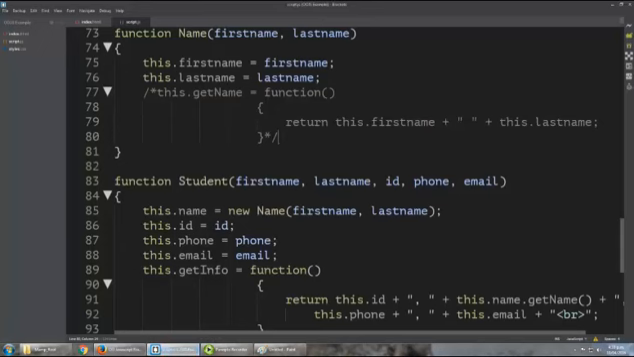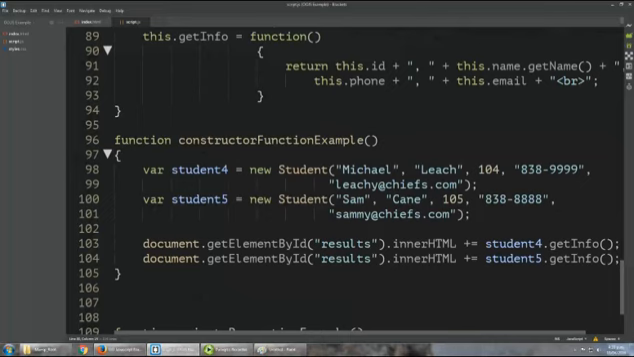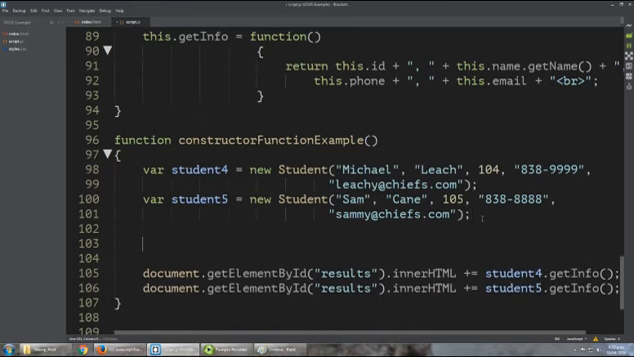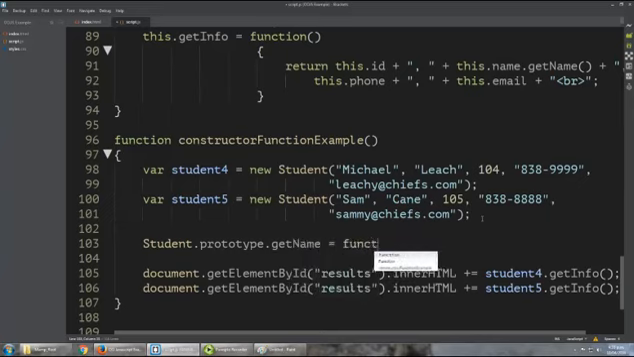Okay, so I've created these constructor functions, I've created these objects. I want to create a new function inside all of those on the fly. So we can do that by using the prototype method. So we can go student, because it's the name of the constructor function, dot prototype, dot, and then the name of the property you want to add to all of your objects. We'll look at the properties in a minute. So getName equals function,